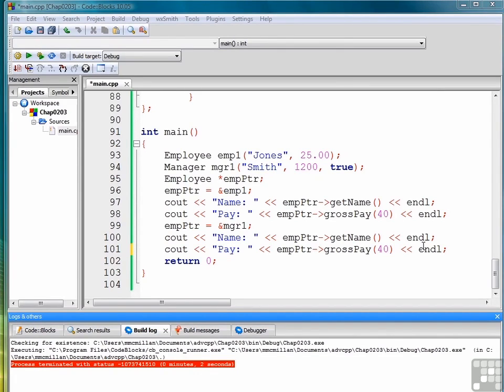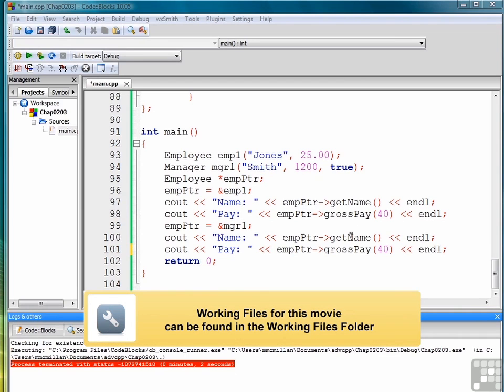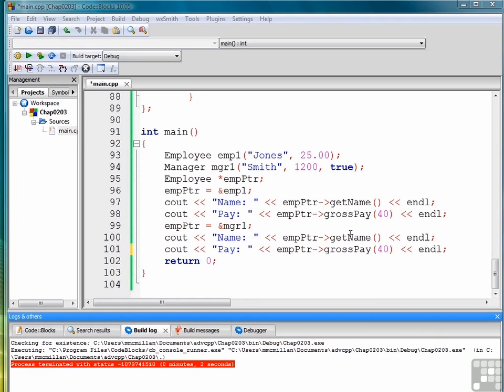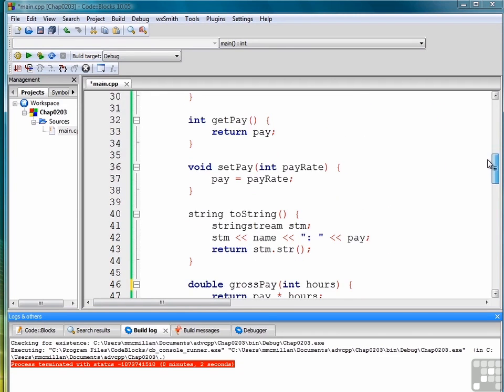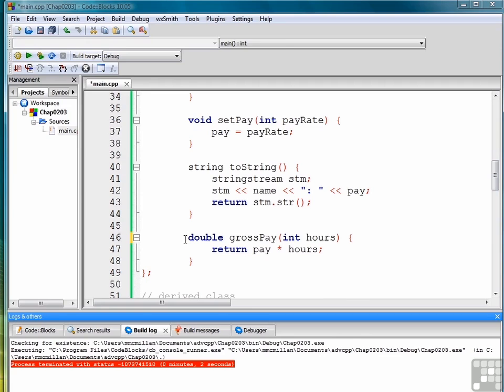We're now ready to see the solution to our polymorphism problem, and it's really quite a simple one. To have the compiler be able to determine which function to call at runtime based not on the data type of the variable, but of the type of object that's actually stored in the variable, such as right here, where we have an int pointer pointing to a manager object, we need to make the function in question in the base class a virtual function. And by virtual, I'm saying it's polymorphic, like so, by typing the keyword virtual before the